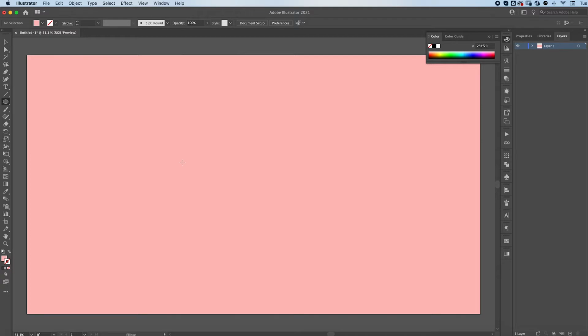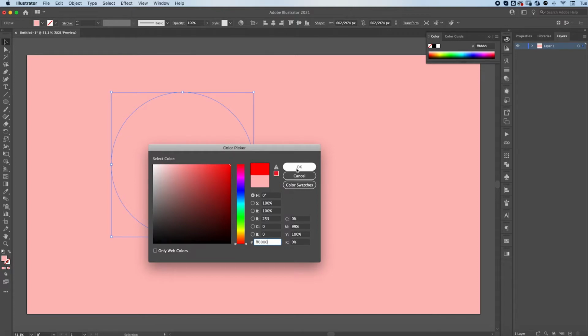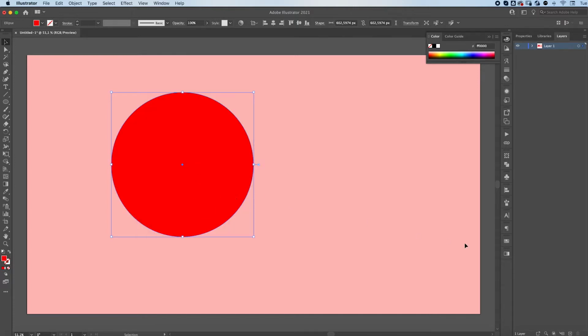You can apply these freeform gradients in any shape you want, so it doesn't have to be a circle. I'm just going to show you how it works with some circles. Alright, so we have our circles. And instead of changing the fill color from here and making it whatever color you want, you're going to click